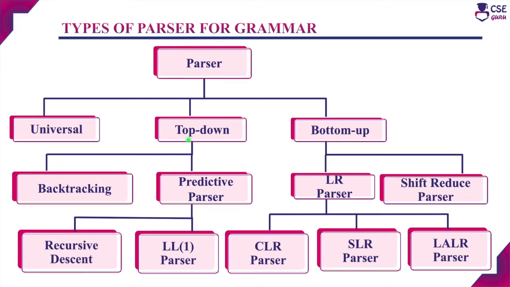The two different types of top-down parser are the backtracking parser and the predictive parser. The backtracking parser will start with the start symbol. In every step, it will choose the first alternative in the production rule to apply for the non-terminals, and it will try to derive the input string. If there is a mismatch or it cannot derive the input string, it backtracks to the previous step, chooses the next alternative in the production rule and applies it. This process will continue until it derives the complete input string.